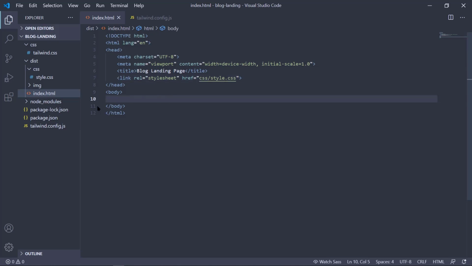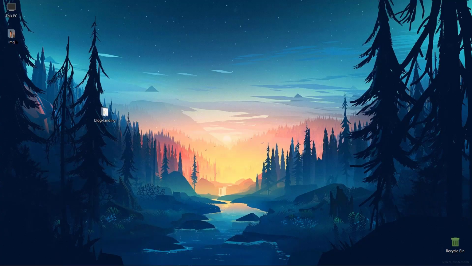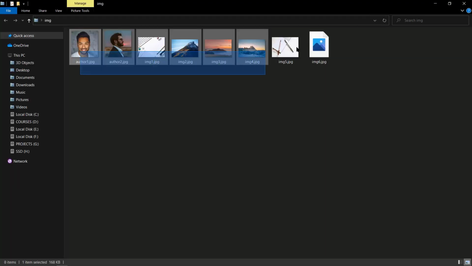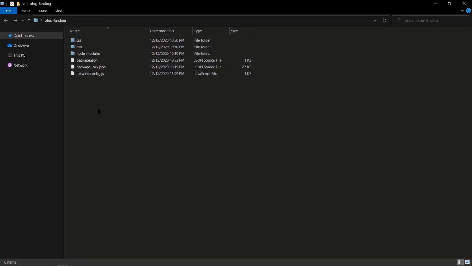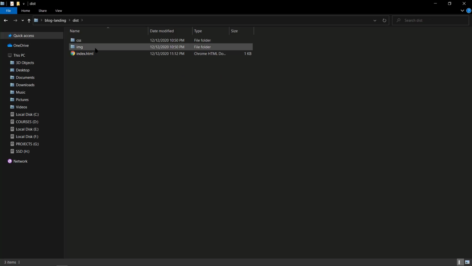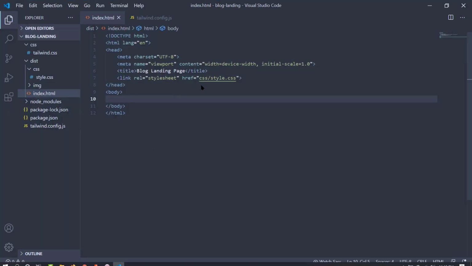We also need to add the images in this folder. I have collected all the images in here. Let's just get the images. Let's copy and paste them inside the image folder of our dist here. Okay, now the images have been added. We also added our style.css, and we are now ready to actually start coding our template, and we are going to do that from the next video.